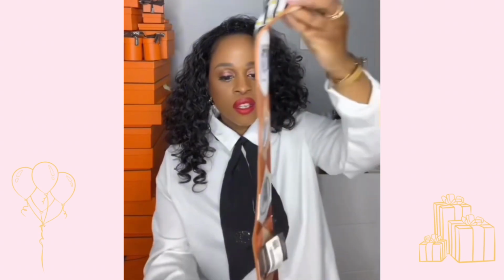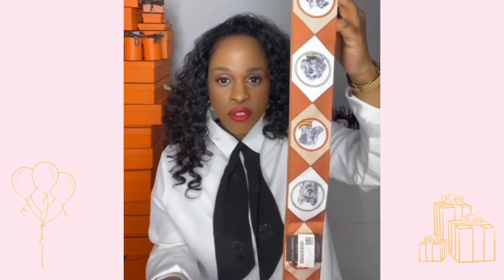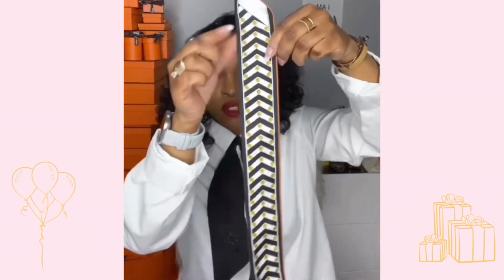So pretty. So this is the Forever Twilly. This is from 2019, and basically the Forever Twillies are twillies from, you know, a couple years ago that Hermes did bring back. We have so many cute ones, but I just wanted to get one that was neutral that'll go with my Kelly bag and go with my other bags too. I don't know if you guys can see that it's actually lined with leather on the side. It's different from the other twillies because of the leather. The design starts like this, and then